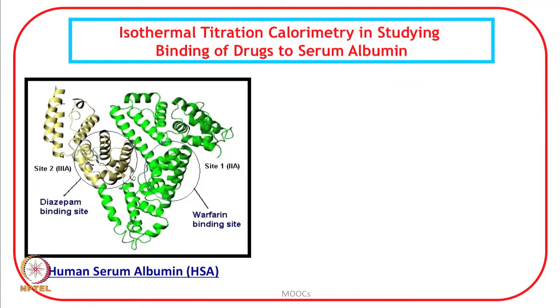Because if we consider a protein to be involved in drug delivery, for example, serum albumin can bind a variety of molecules, a variety of drugs. And if the drug is to be carried to a particular binding site which is far away,